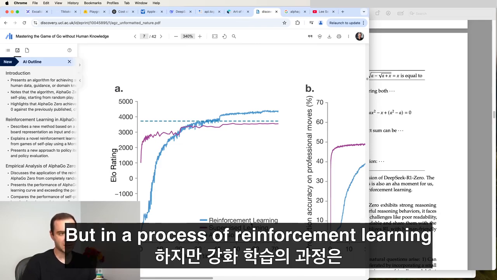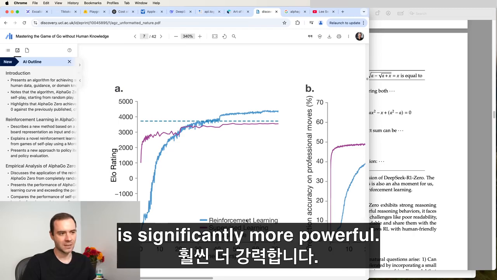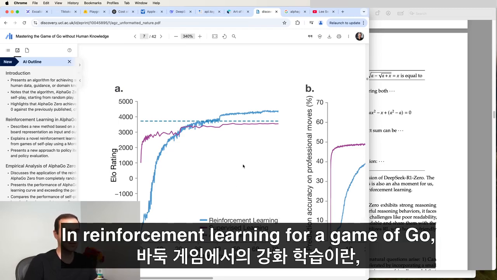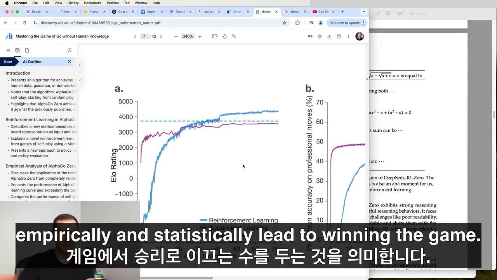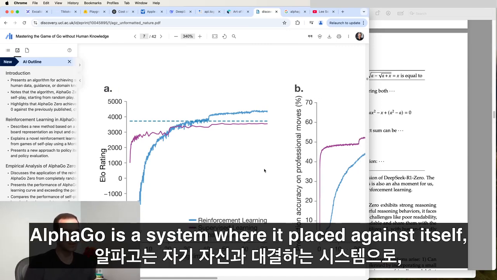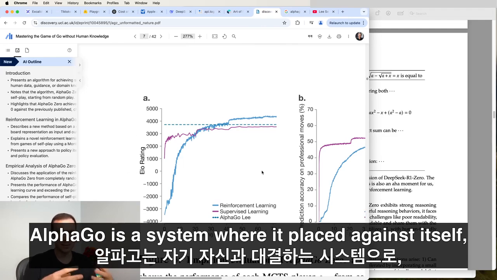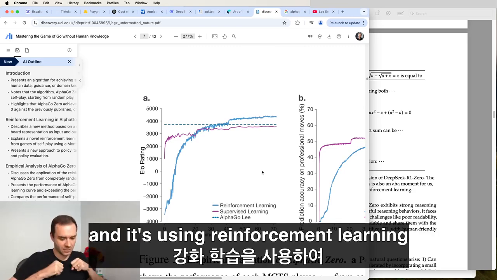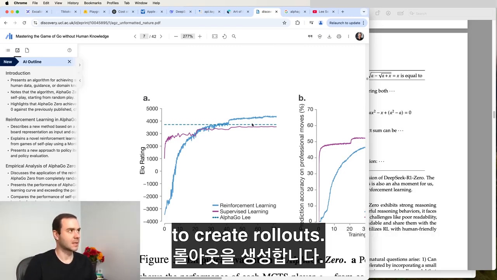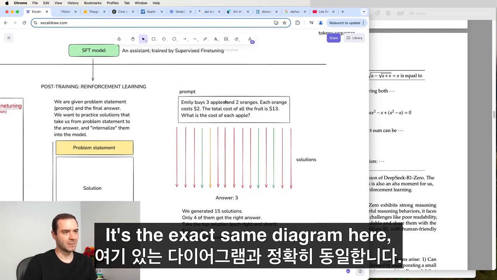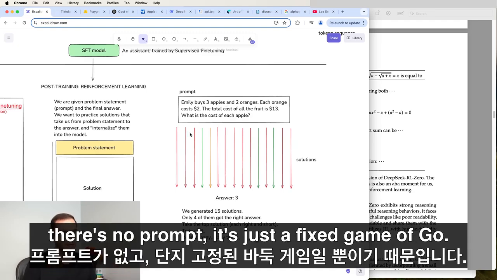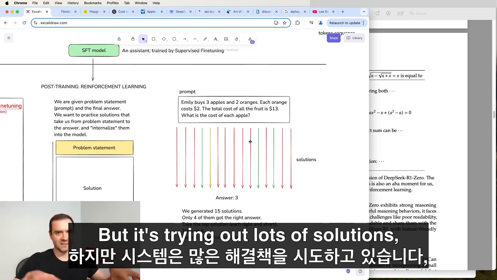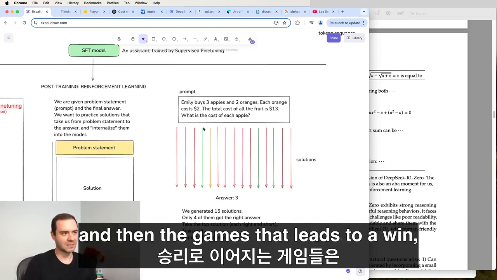But reinforcement learning is significantly more powerful. In reinforcement learning for a game of Go, it means that the system is playing moves that empirically and statistically lead to winning the game. And so AlphaGo is a system where it plays against itself, and it's using reinforcement learning to create rollouts. So it's the exact same diagram here, but there's no prompt, because it's just a fixed game of Go. But it's trying out lots of solutions, it's trying out lots of plays, and then the games that lead to a win